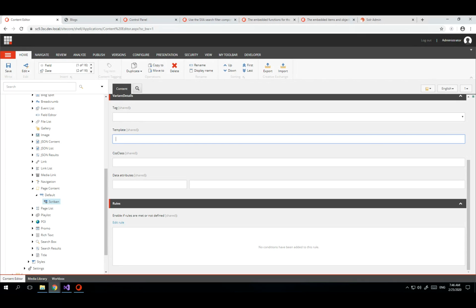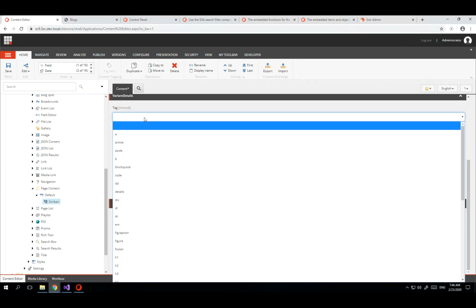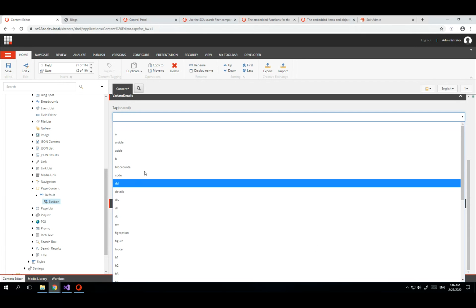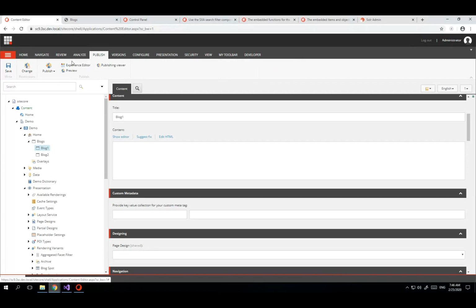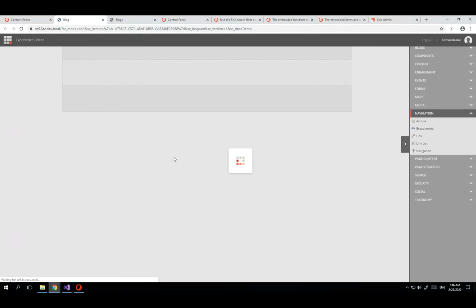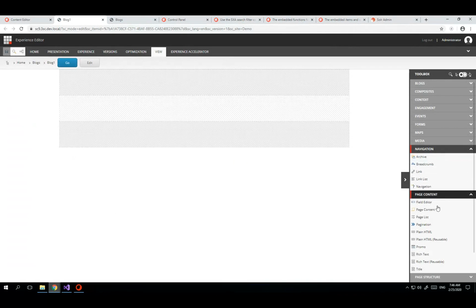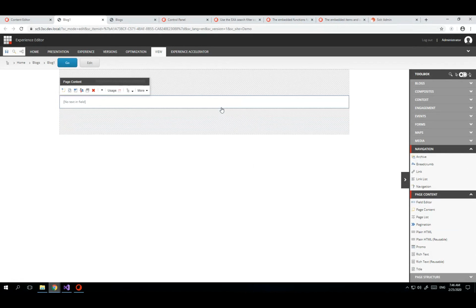I want to show this information, and I can select how I want it to display. So if I go to, for example, the blog one page, I'm going to publish, open the Experience Editor, go to the page content, drag and drop a page content,